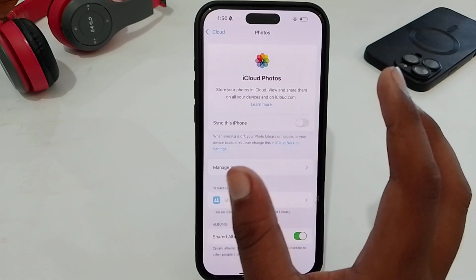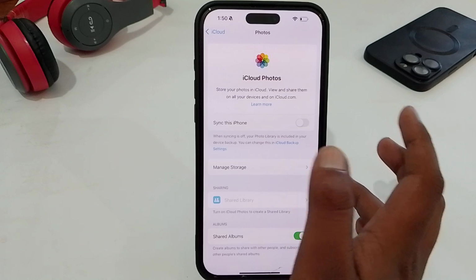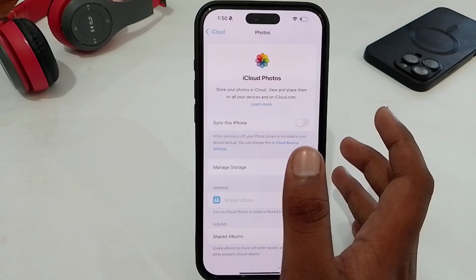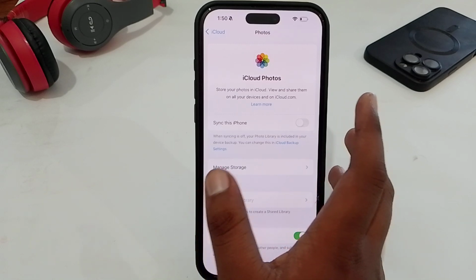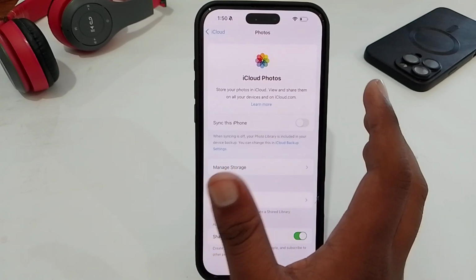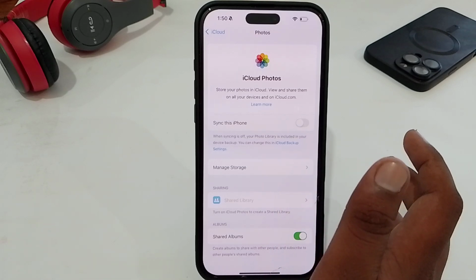When you enable it, it will automatically upload all your photos or move all your photos to iCloud, and then you can easily delete photos from your phone. And the photos will not take up your phone storage, but your photos will be safe. You will never lose them. So that's how you can